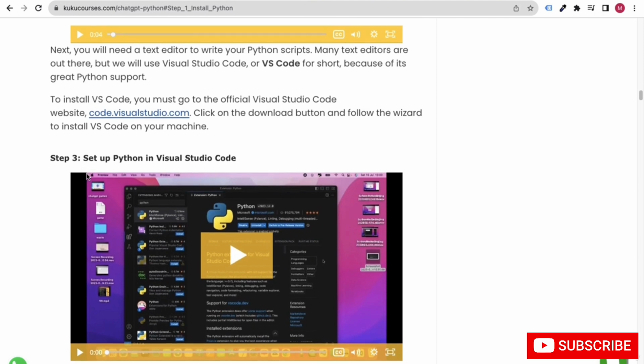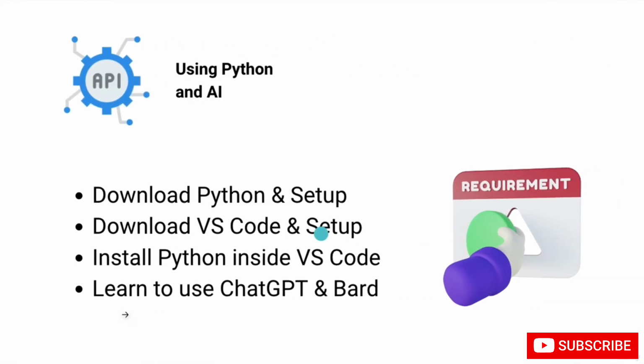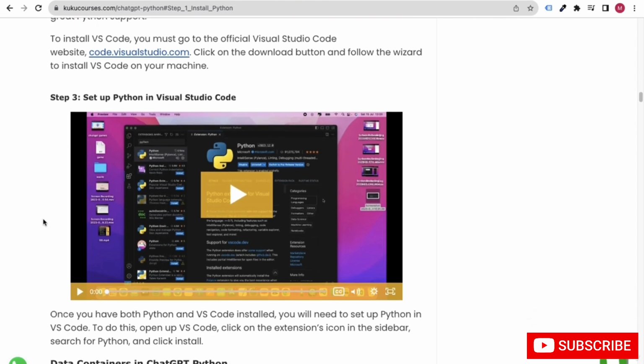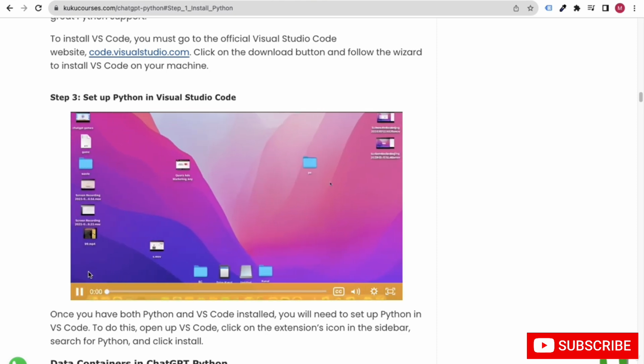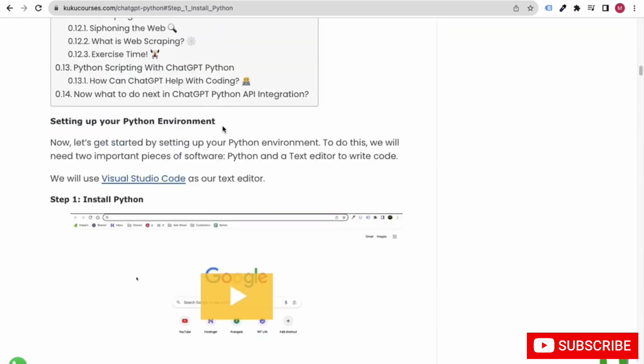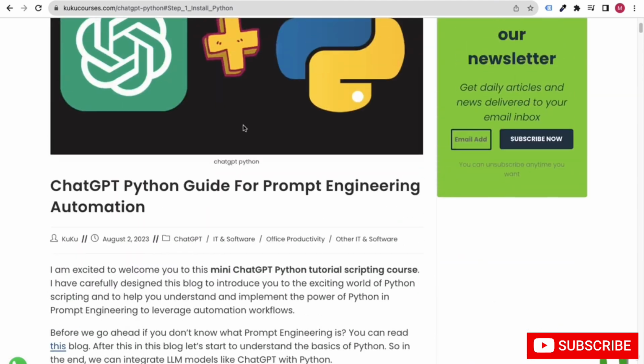And the third step here is that we have to install Python inside VS Code, which is the requirement I'm talking about in step 3, that you have to set up Python inside Visual Studio Code. And how you can do that is taught in this particular video. So just play the video. So now my friends, after this you will have your Visual Studio. Here we have taught everything. So these are the 3 requirements which you guys have to do. Make sure you do it.